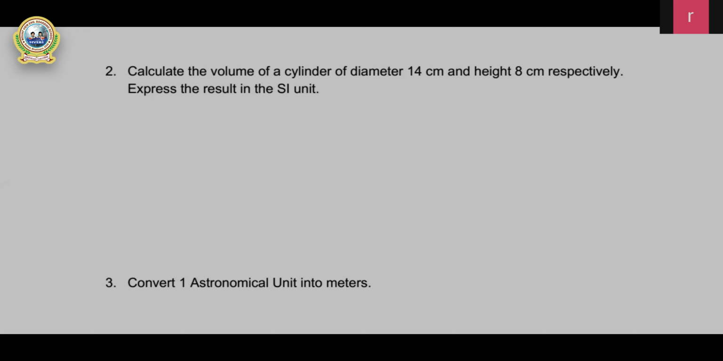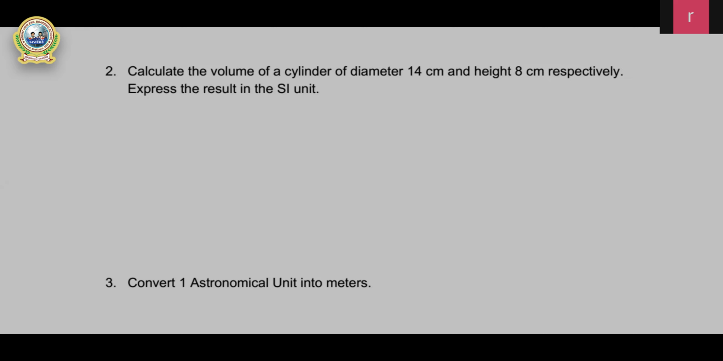The question is: calculate the volume of a cylinder of diameter 14 centimeter and height 8 centimeter respectively. Express the result in the SI unit. So centimeter is CGS unit. If we find the volume in centimeter cube, we have to convert that into meter cube. In this question, diameter is given. The relation between